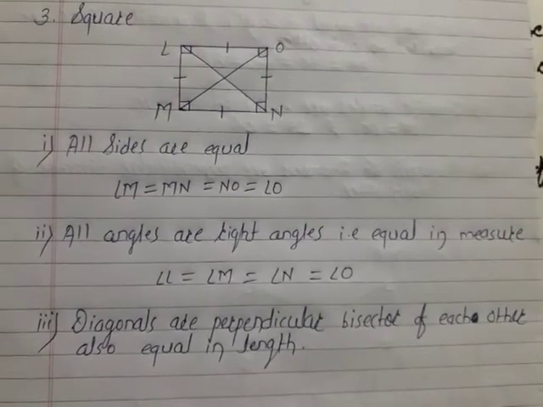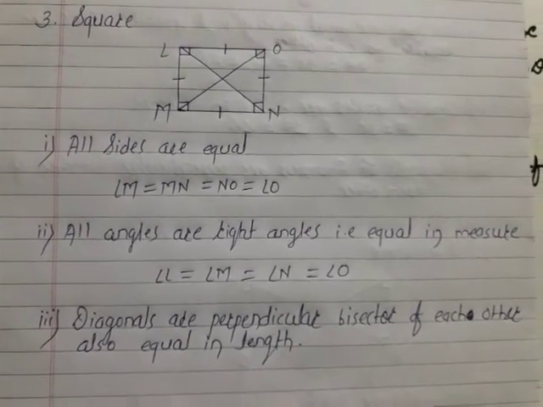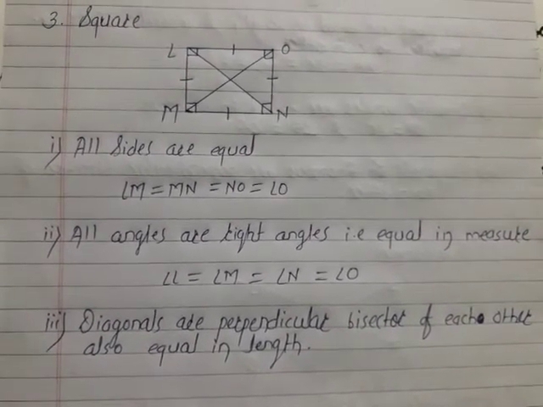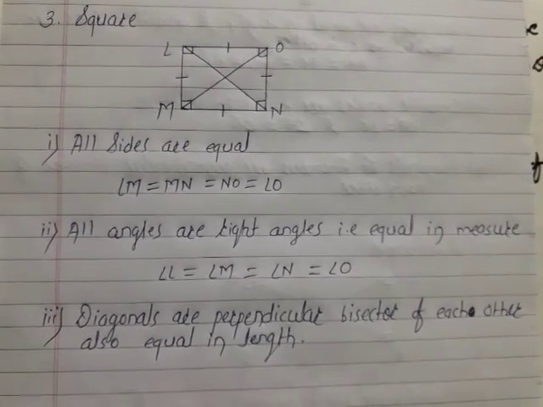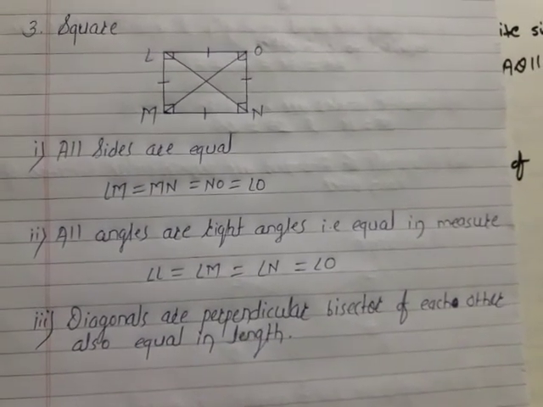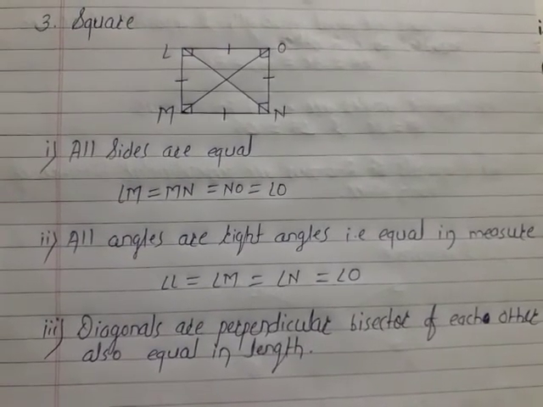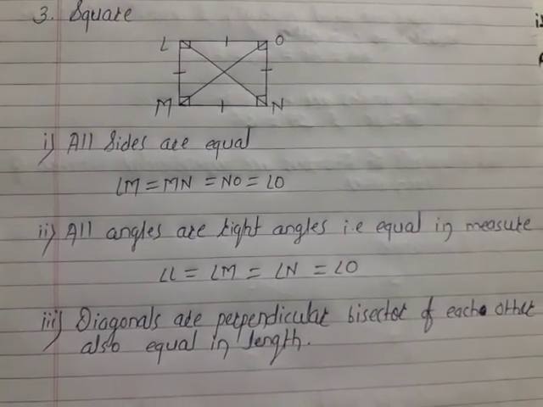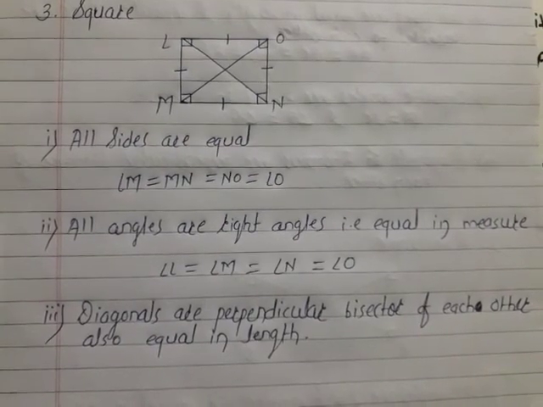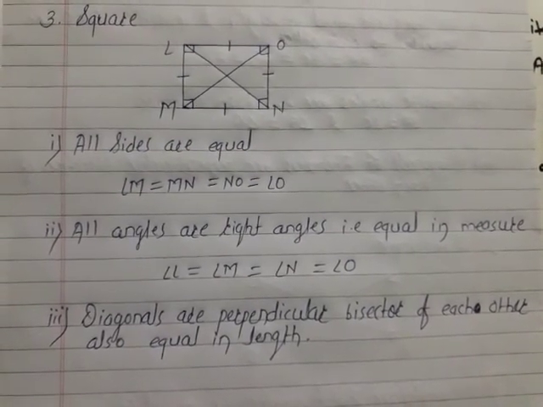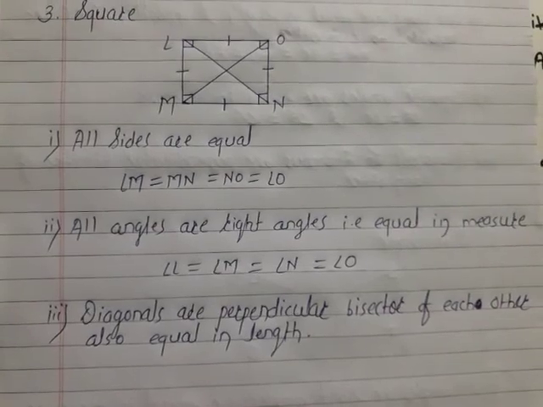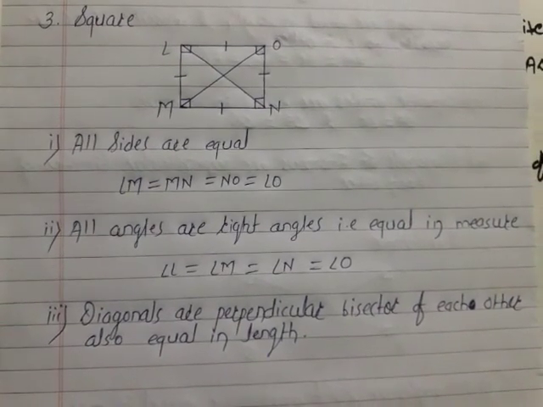I hope you got an idea about these special parallelograms and their notes; remaining points and remaining things are there. Okay, this is the last point from this lesson. I hope you got an idea about these special parallelograms. Here we have studied today three parallelograms. Regarding their properties also we have discussed. First one is the rhombus, second one is the rectangle and third one is the square.